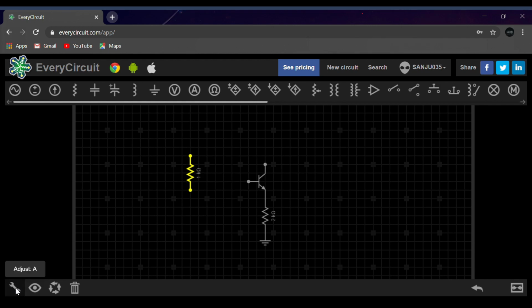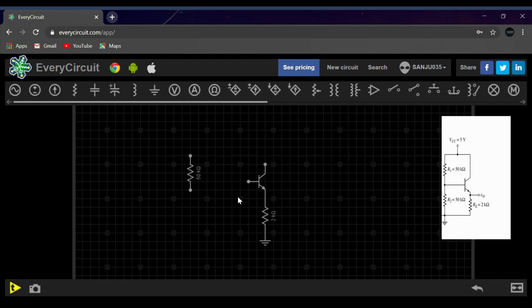My resistor 1 value is 50 kilo ohms, right? So we will adjust this value to 50 kilo ohms, and we need another resistor 2 of 50 kilo ohms.